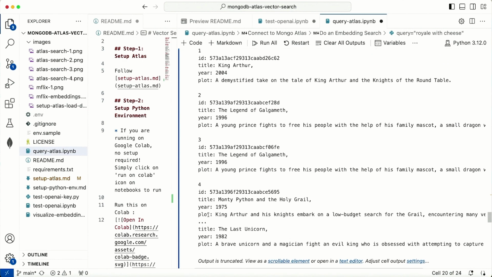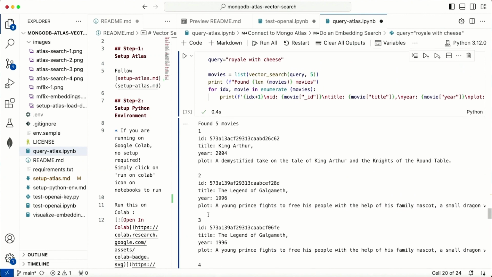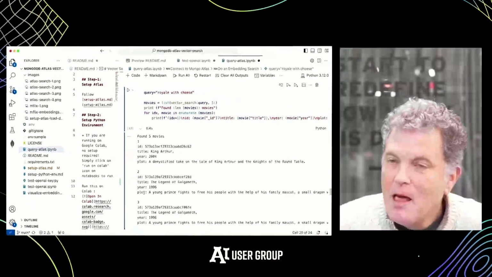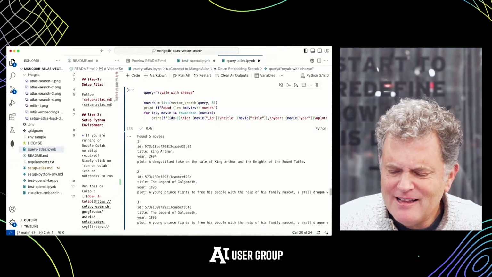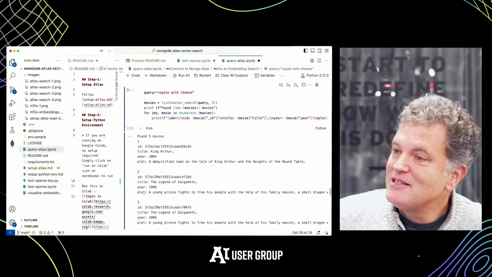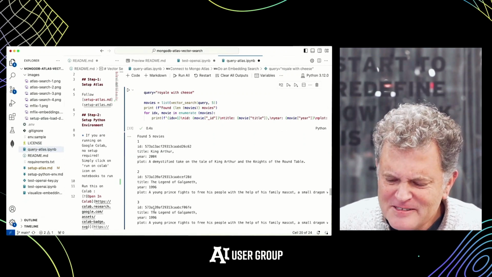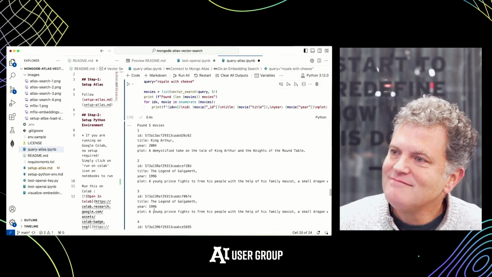For some reason, Monty Python, but it didn't give us the one you were thinking of, Pulp Fiction, yeah. So that might be too buried in the weeds of the description. Maybe not all of the movie quotes. The quotes are not in the index there. Yeah, but I'll bet you that might be actually looking for specific words, whereas this is more